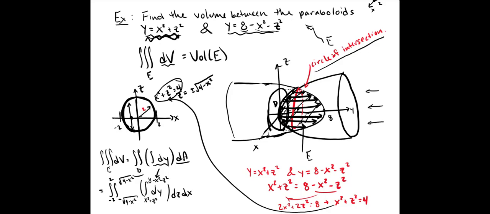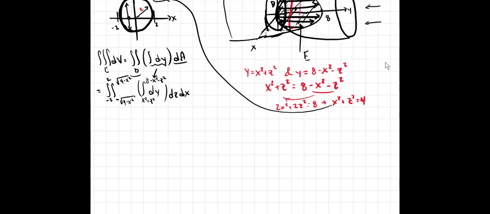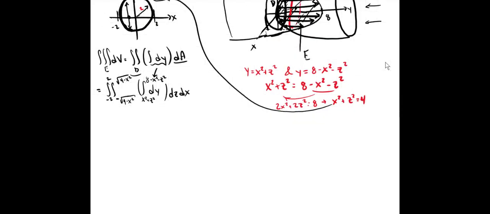Right? So overall, we have our integral. All we need to do is somehow evaluate this big ugly mess. From negative 2 to 2, from negative root 4 minus x squared to positive root 4 minus x squared. That covers the footprint, the circle, the disk I should say. And then finally from x squared plus z squared to 8 minus x squared minus z squared, dy dz